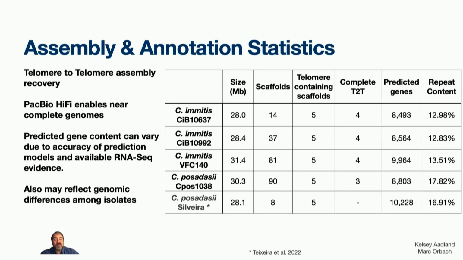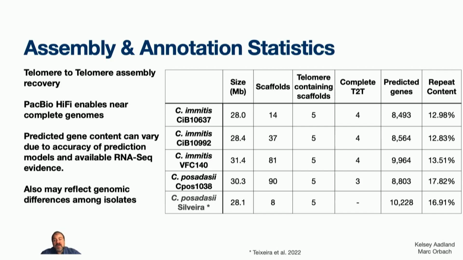And when we look for the presence of telomeric repeats, we can find at least 5 of the scaffolds have telomeric repeats for these 4 genomes I'm mentioning here. But in addition, several of these strains' assemblies have telomere to telomere assemblies where there's a telomere on both ends of the scaffold, indicating we have a complete chromosome put together. So that's pretty exciting to be able to generate this directly from the HiFi sequencing alone.